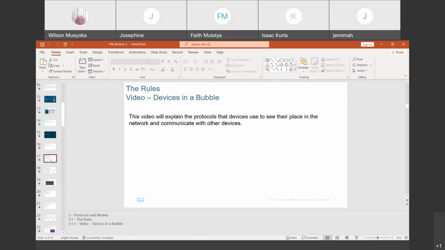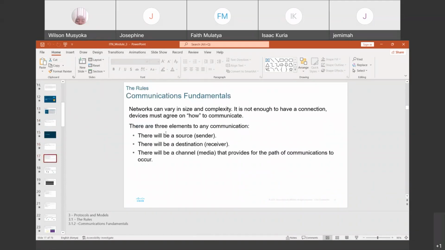The rules are going to help us understand that for any communication to be complete, there will be the source or the sender, there will be the receiver, who is the destination, and there will be the channel, which is the medium that provides a path for the communications to occur.